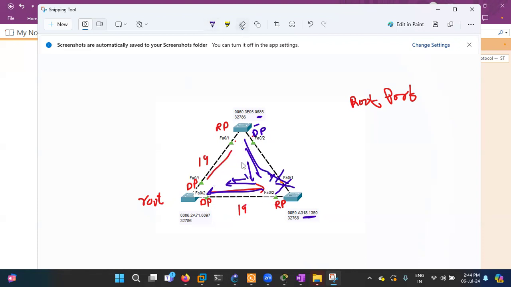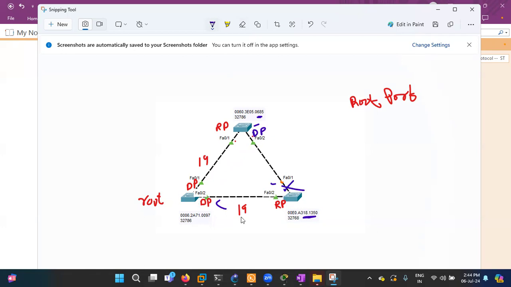If I stop here, then it will go here, it will send here, it will stop. Is there any loop? No, right? That's why this port is in blocking state. It will come here and it will drop because it's blocking. No message will flow from here to here. That is how spanning tree is working and providing the loop prevention technique in the layer 2 network. Now it's time to prove the things, as I said. This is the blocking state.